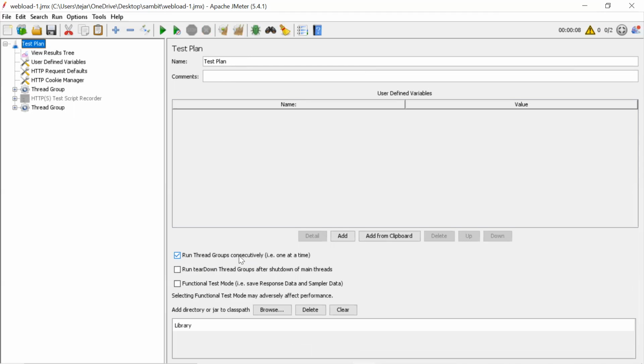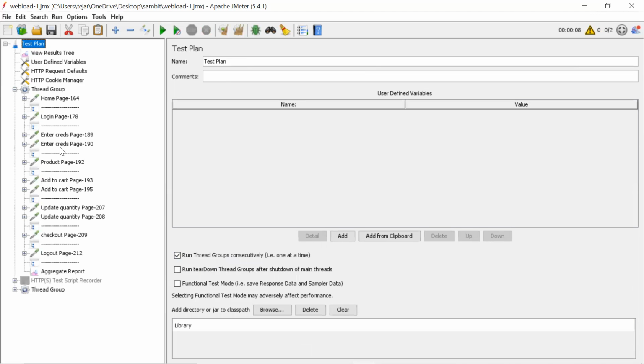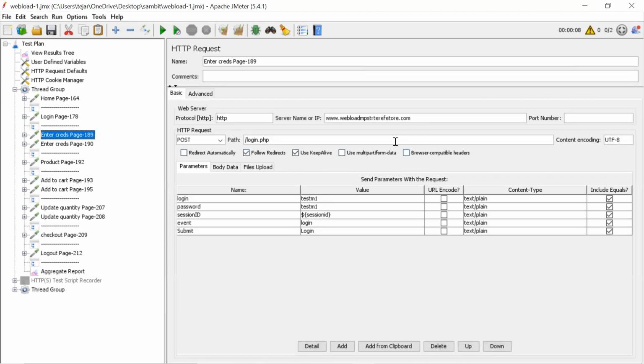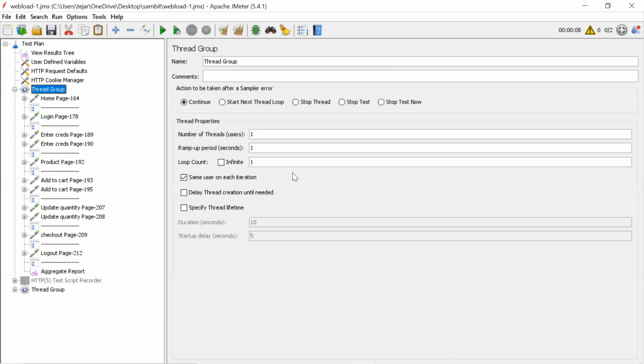Go to the thread group 1, clear that error message, and run it for 2 minutes, and after that we will run the second thread group for 1 minute.